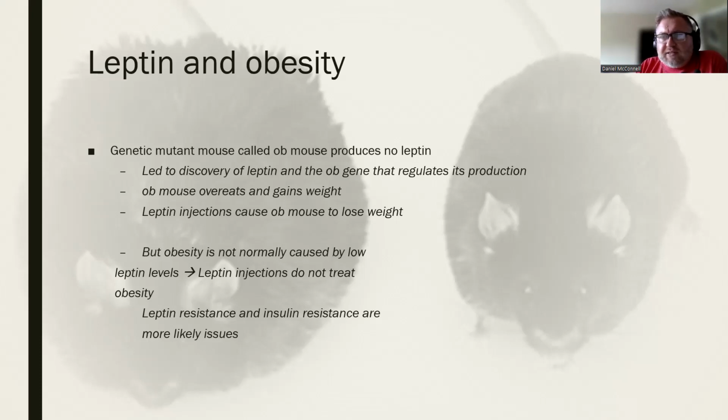And what we find, of course, is that because it doesn't, no matter how much weight it gains, there's no leptin, this mouse will just overeat, because that CCK signal is not really being aided in any way. And so you see the mouse in the background on the left there, it's just kind of blowing up and getting really big. Now on the right-hand side, this is actually the same mouse at a different time, where after it begins to receive leptin injections,